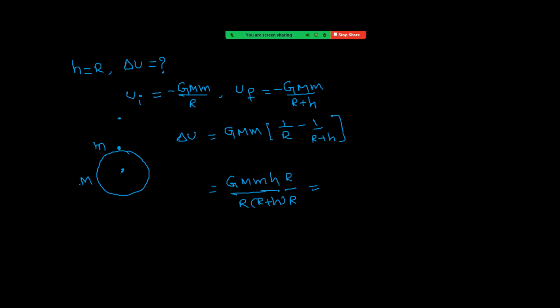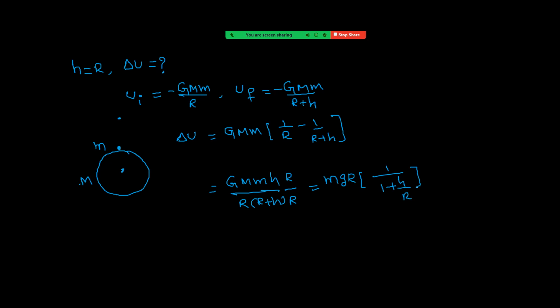That is equal to, in the place of G M by r square, I am writing here small g. So it becomes now mgh or mgr into